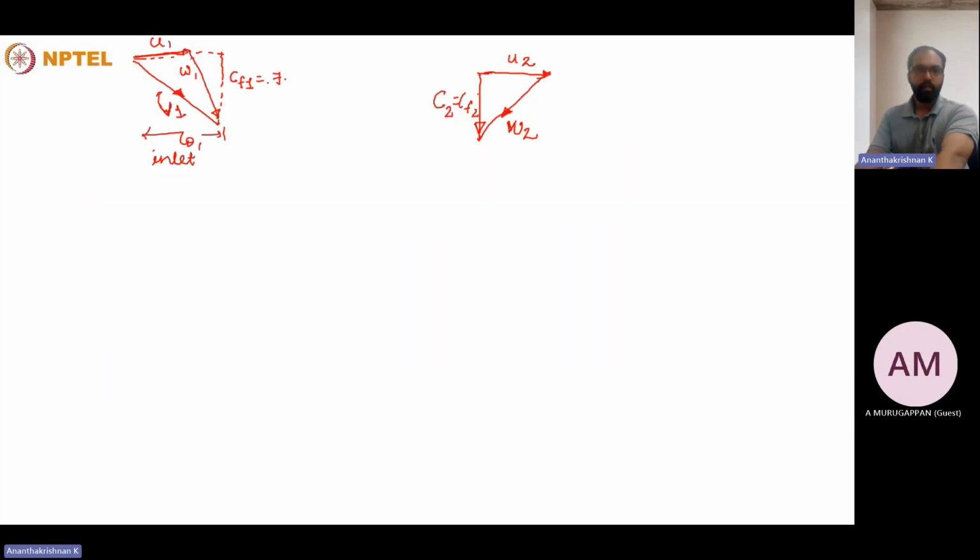We need to calculate the tangential component of the absolute velocity, the whirl component of the absolute velocity. First of all, we need to calculate the bucket velocity at the inlet. In this particular problem, U1